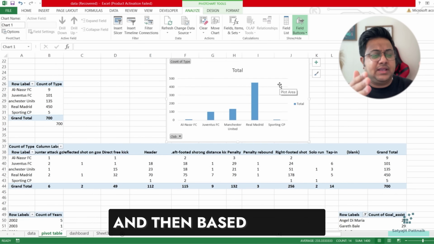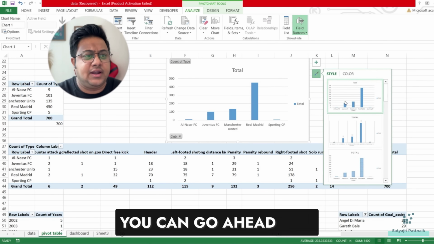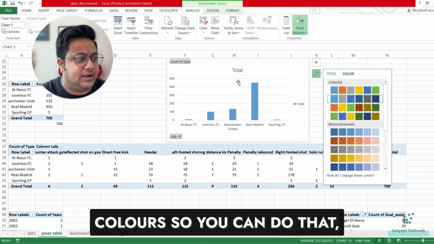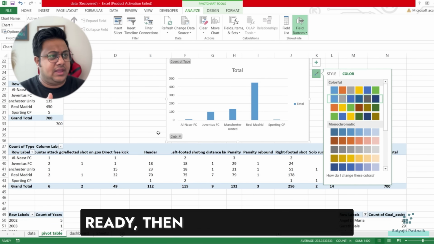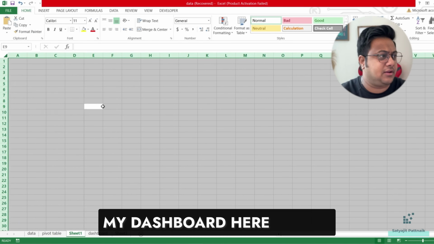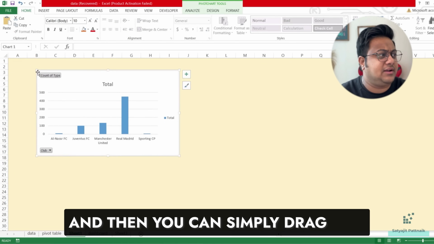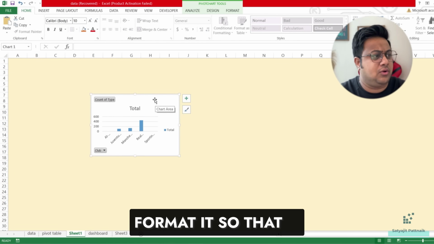Right? And then based on your dashboard background, based on your dashboard color, you can go ahead and do the formatting. Let's say you want to change the colors, so you can do that, right? Not that difficult. Now once your dashboard layout is ready, then you can just cut it. Let's say I want to create my dashboard here. First of all, I want to fill it with a particular color, and then you can simply drag and drop these records and then format it so that it looks